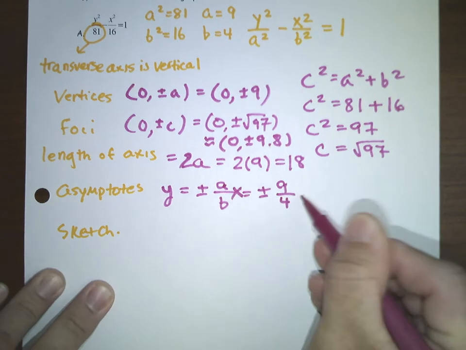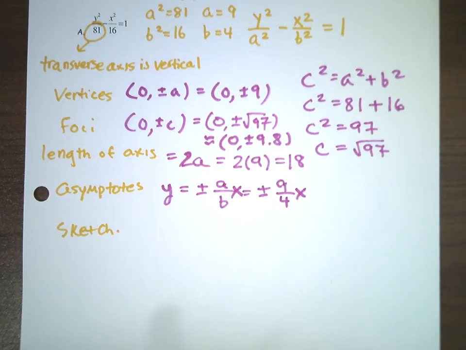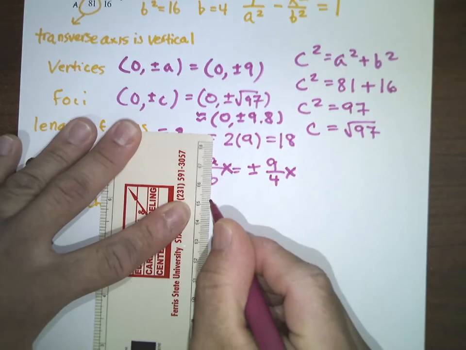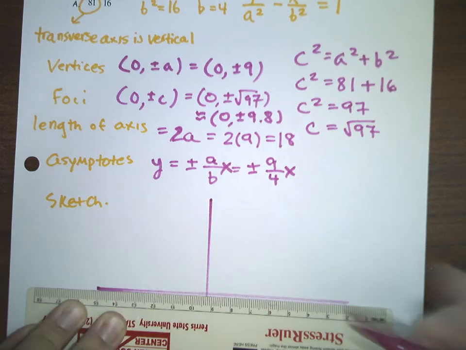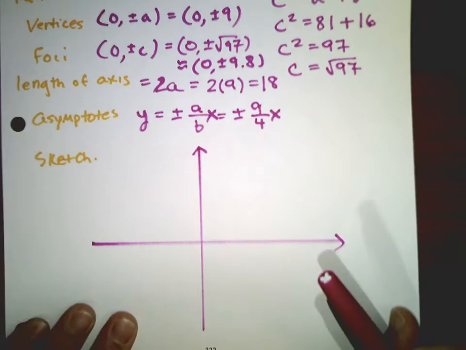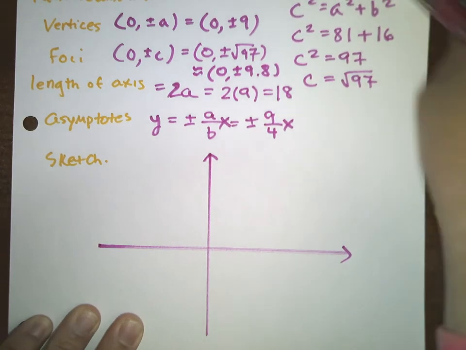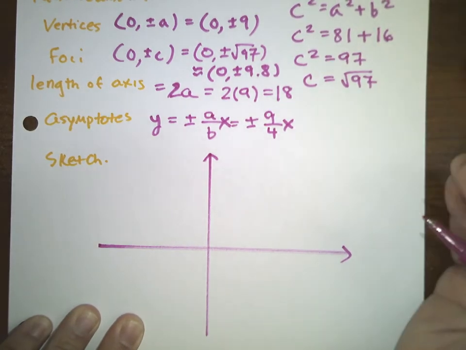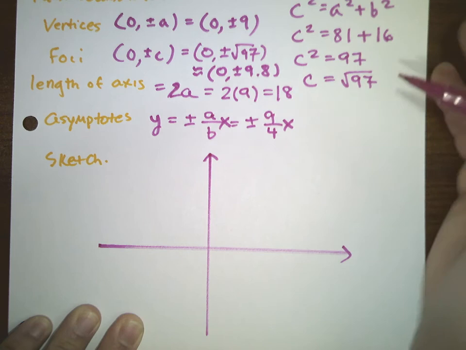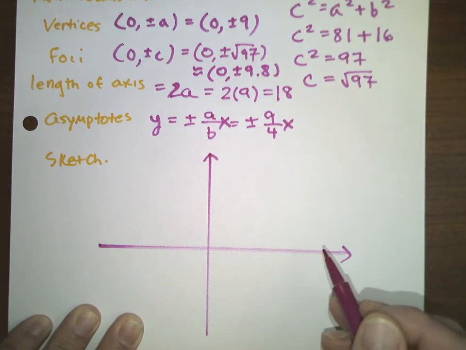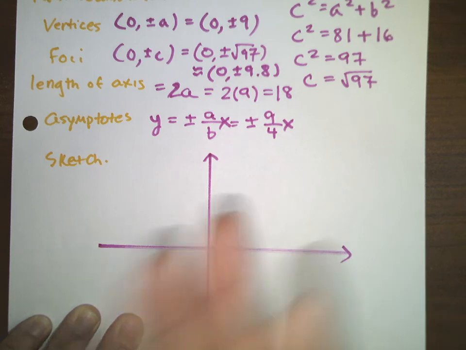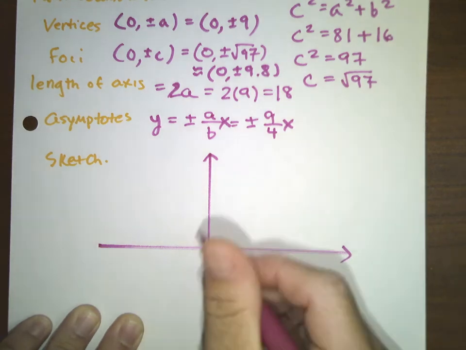All right. So now let's go ahead and we will sketch this here. So here are the axes. What I do, this is fairly straightforward, the same sort of setup as with the ellipse. I need to draw the a's and the b's on the correct axis, so the a's go on the transverse axis, which was vertical, so